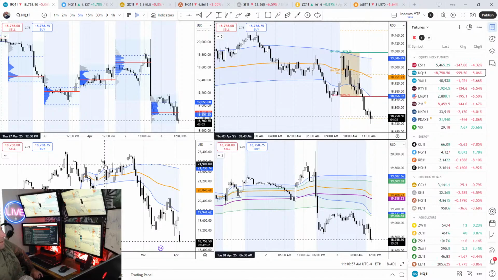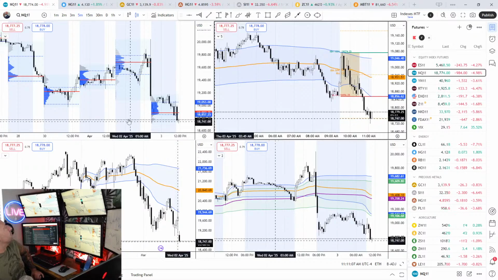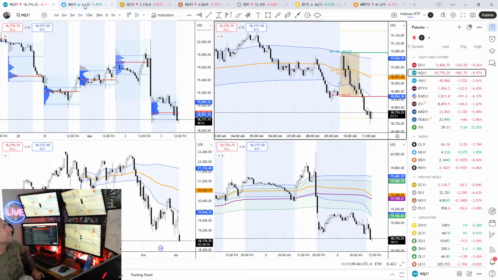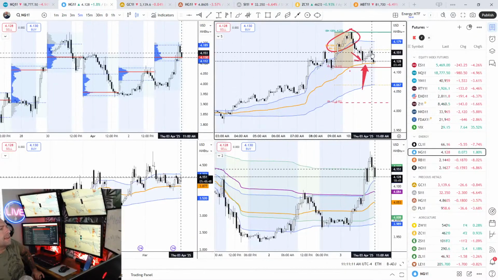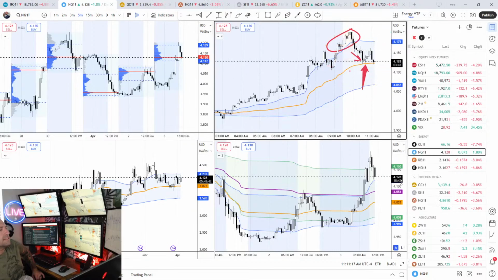Some buyers coming in. Well, there really isn't much setup. So here's an example also. So you had that nice bump. That was kind of the move. We went up to IB mid. That was a great profit target. This is natural gas.